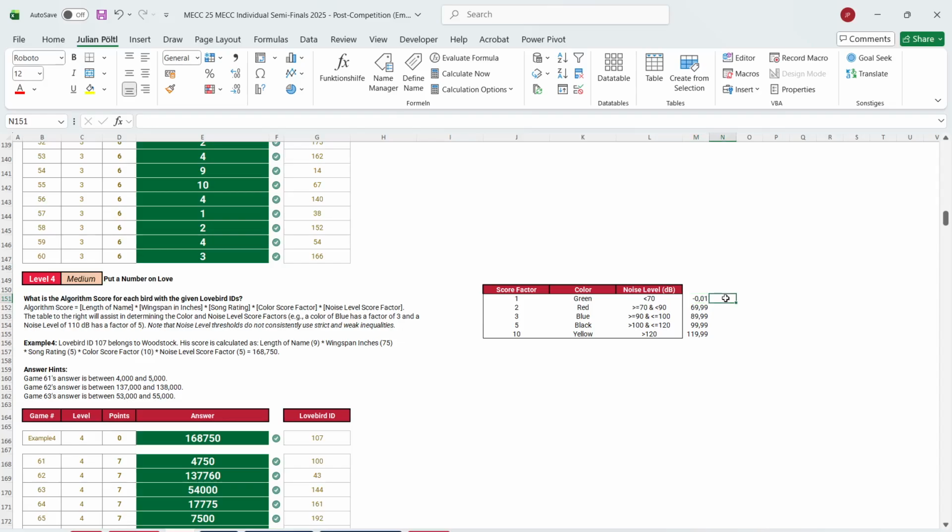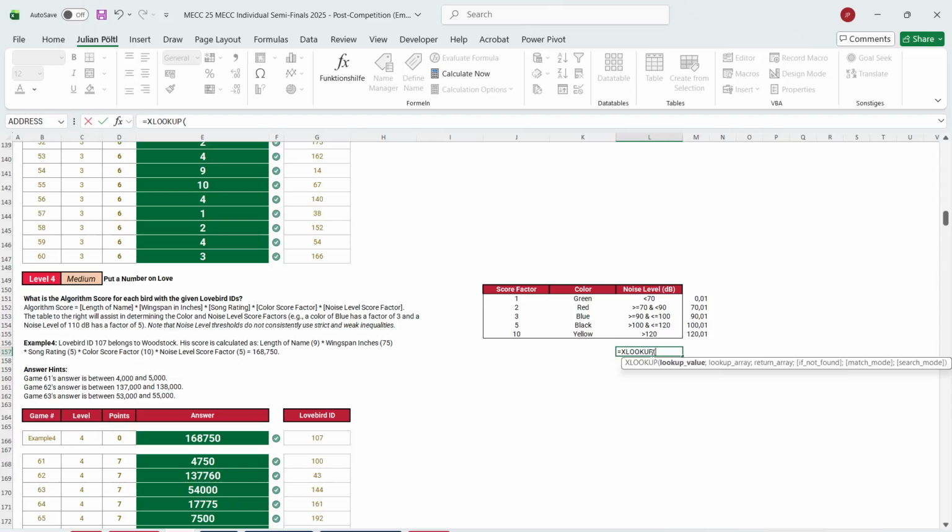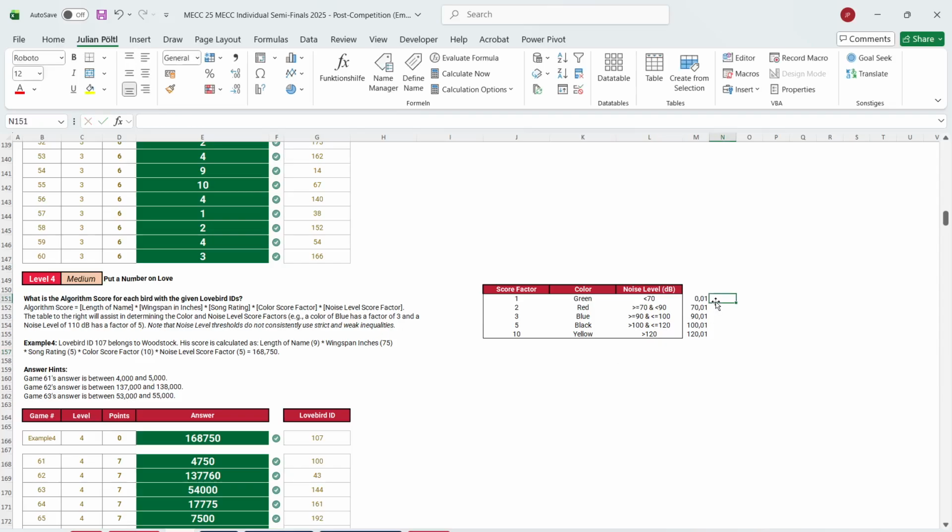No, when this is exact match, or, no, this was right. When it's 70, it should be exact match or next smaller item, which is when it's 70, it's, okay, let's